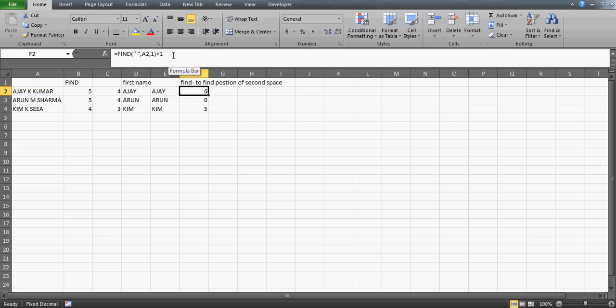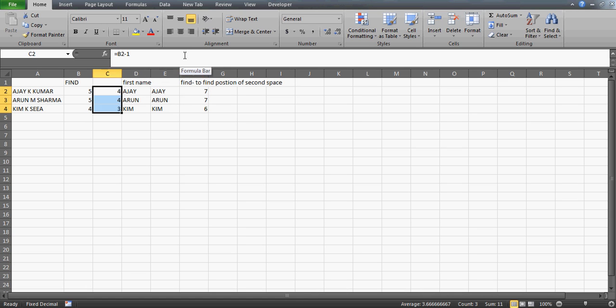And now what you want to do is, I'll find for the second position, and I'll write the space here again, and within this text, whatever the parameter the start number has to be, it has to be this parameter, which I'm using as a find function, right, which will return the 6th position. So this is how you'll get the second position of the space.